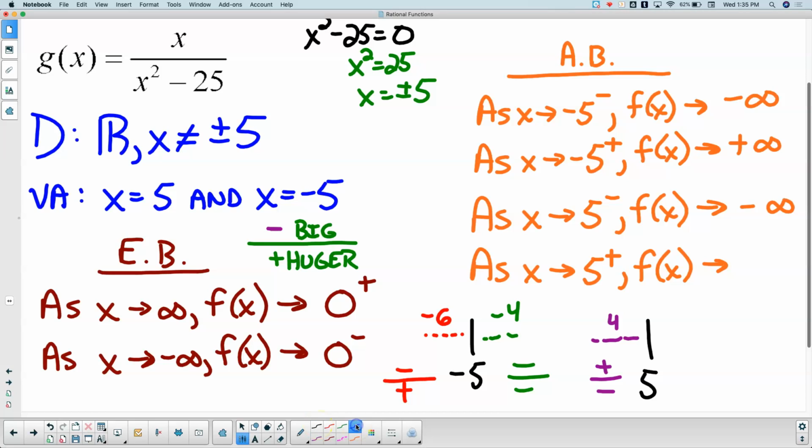What color? Blue. I didn't use blue. Right side of 5. 6. Positive number over positive number. Going to go to